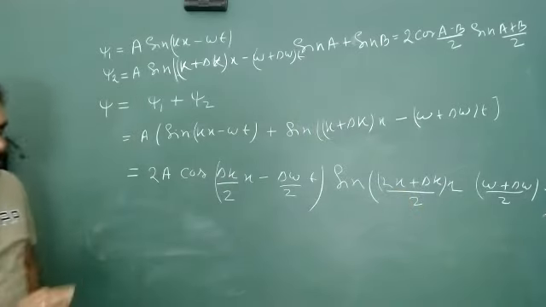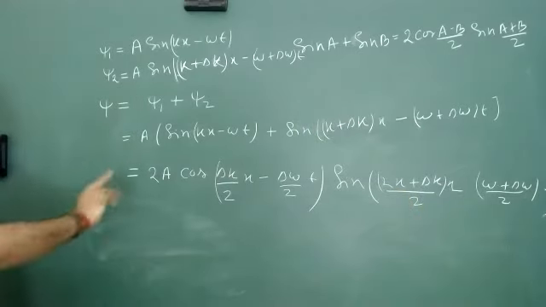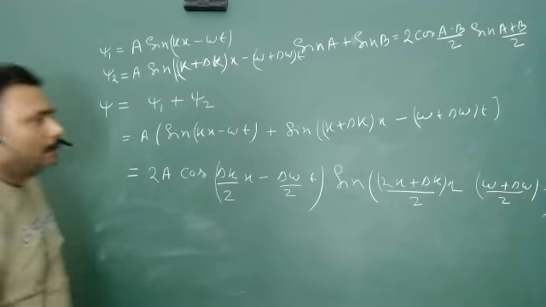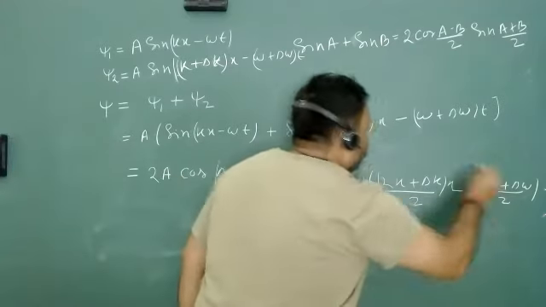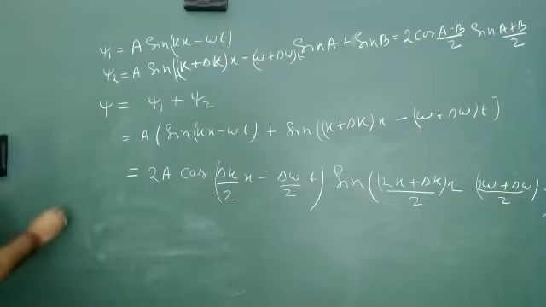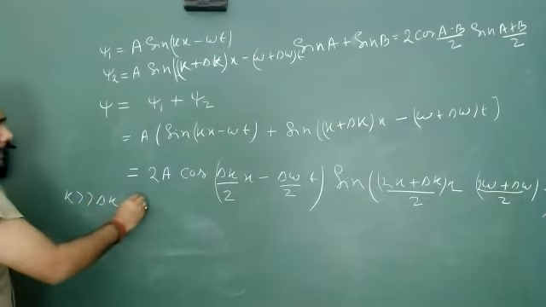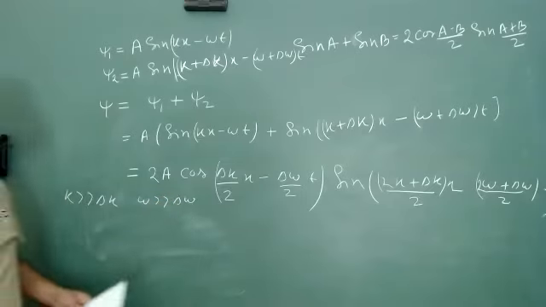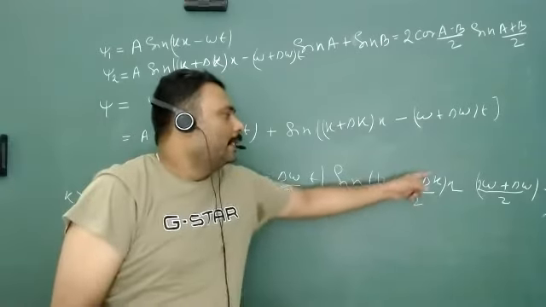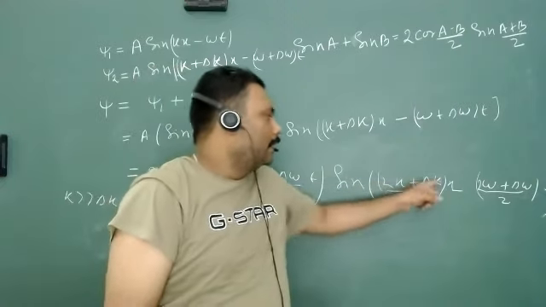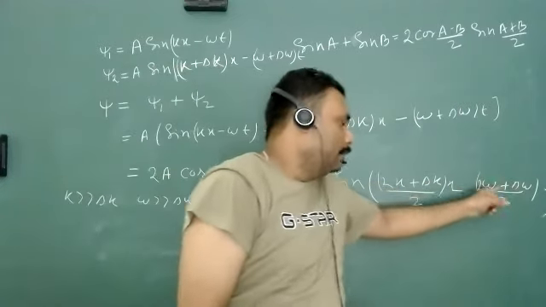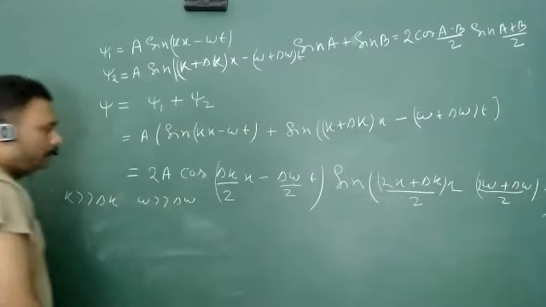And now what you can find, here we have the assumption that delta k is 2 omega, yes, that will be 2 omega. What is the assumption? That k is very, very much greater than delta k, and omega is very, very much greater than delta omega. So in this term I can remove the delta k with respect to k, and here I can remove the delta omega with respect to 2 omega. So what will be the final answer?